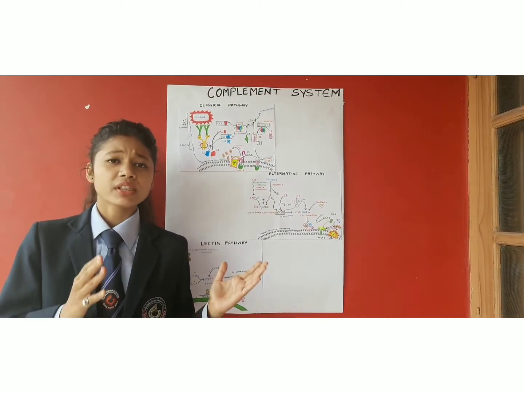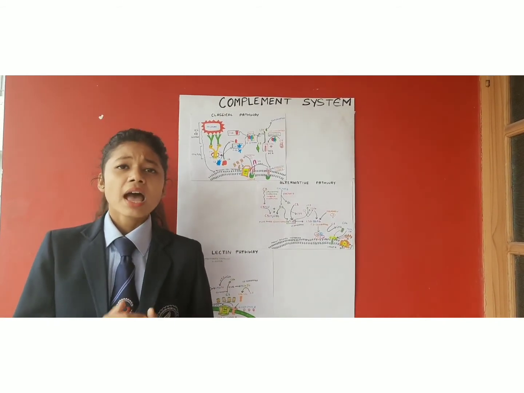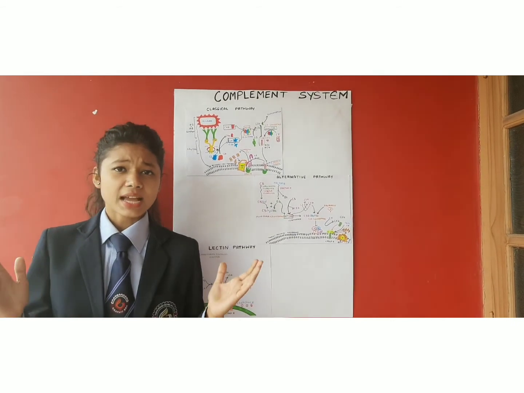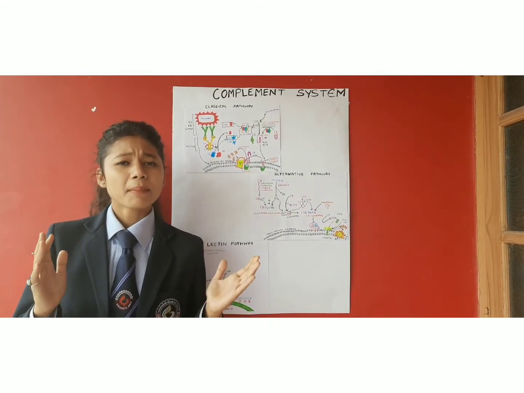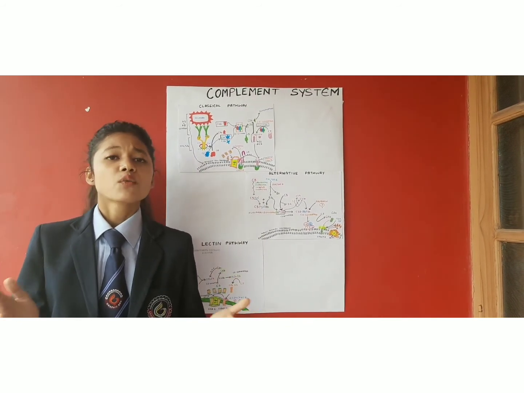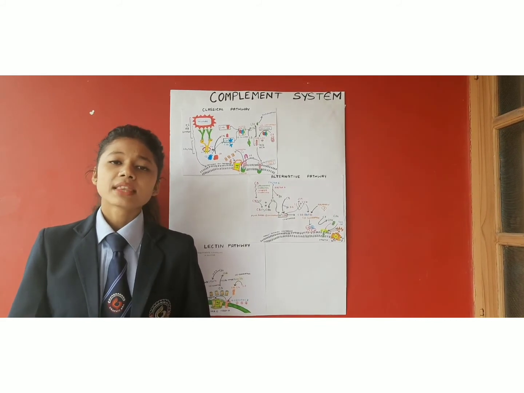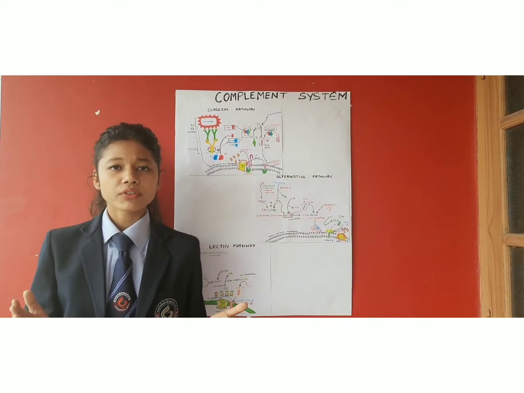Poly C9 protein will now enter into the pathogen membrane by forming a pore in the bacterial surface, forming a membrane attack complex. Through this membrane attack complex, there is the influx of calcium ions and exchange of electrolytes, which results in the bursting of the cell membrane through osmotic lysis. So, this is how the complement system works with the lectin pathway.